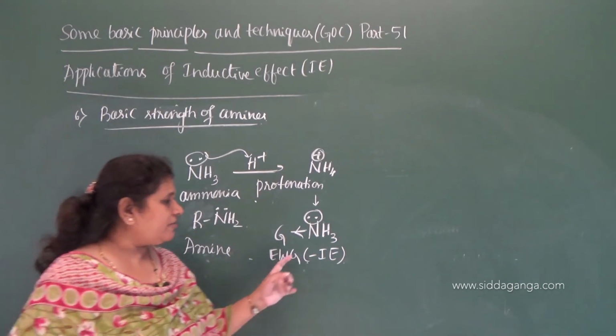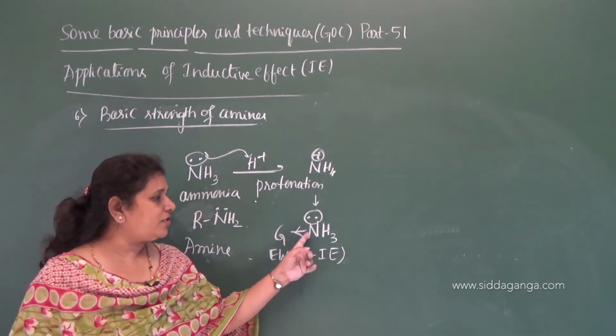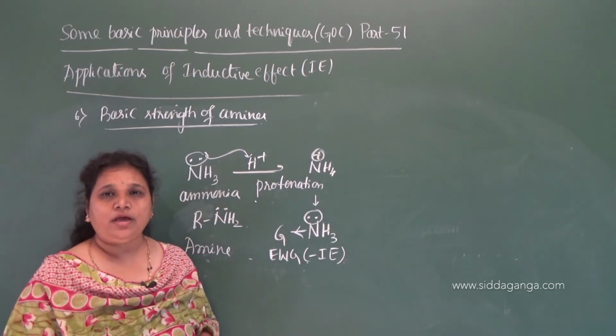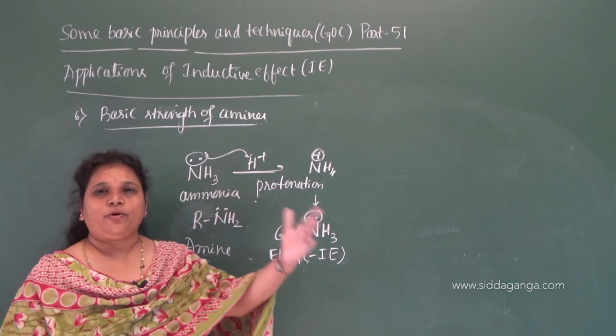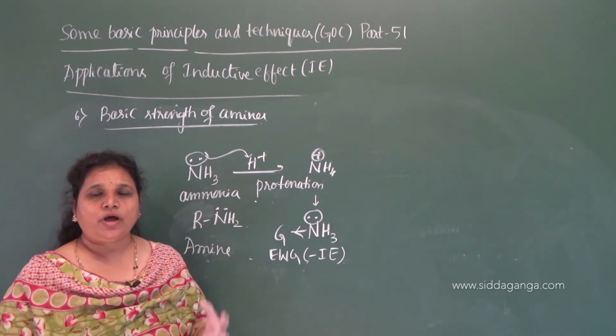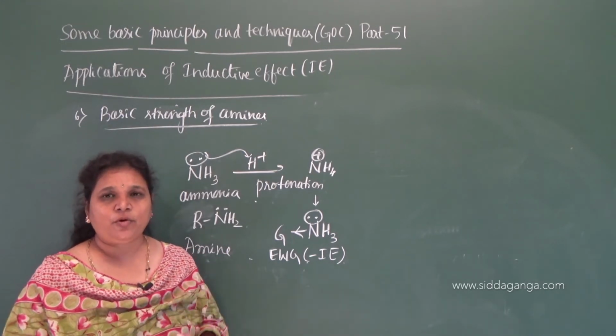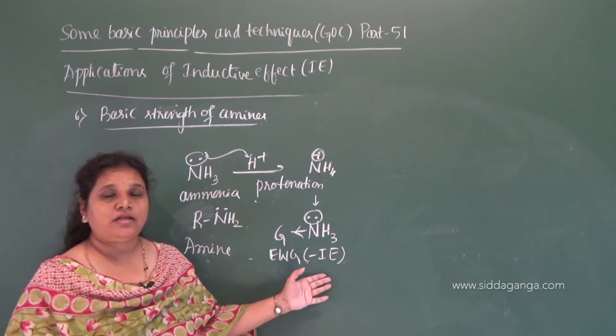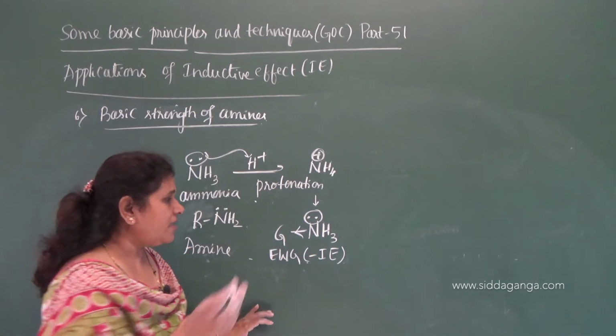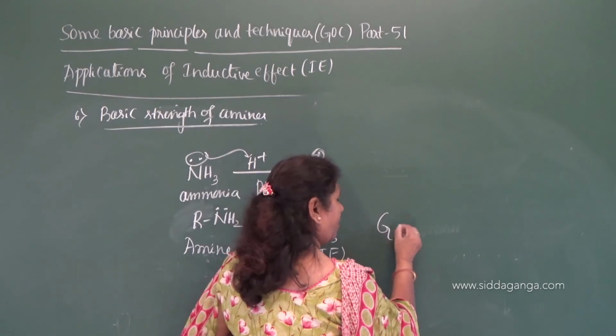When the group with minus I effect is attached to the nitrogen of ammonia or amines, then the availability of electrons for protonation, or the proton accepting tendency of ammonia and amines, decreases. Basic strength also decreases. Whereas if a group is electron releasing